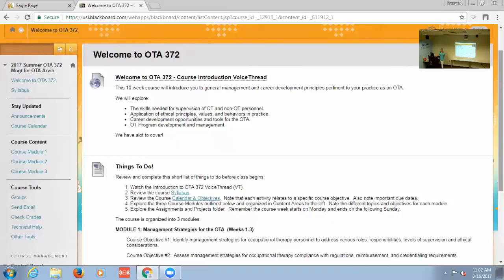Because OTA is an assistant degree and we have 175 standards that we have to meet, this course was one of Laura and my biggest challenges. I think I had 23 accreditation standards associated with the 10-week course, which is just ridiculous. It's not a good thing, and we worked on that through the self-study to try to improve that. But the hardest thing was